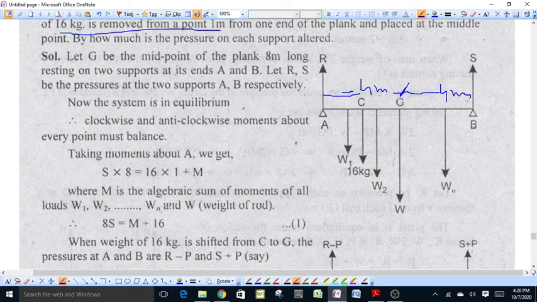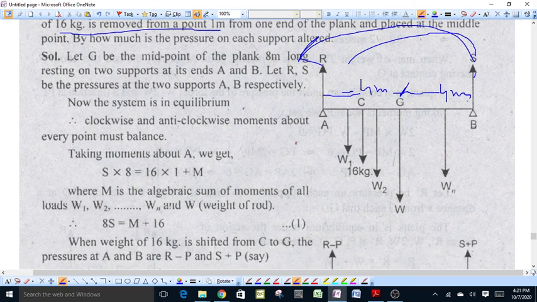Now taking moments about A, the moment of force S about A will be of anti-clockwise sense, that will be equal to S into 8. This will balance the moment of the 16 kg weight